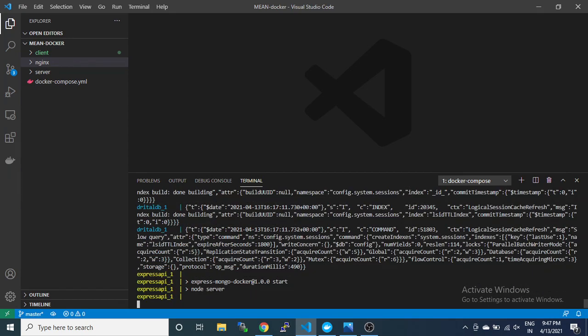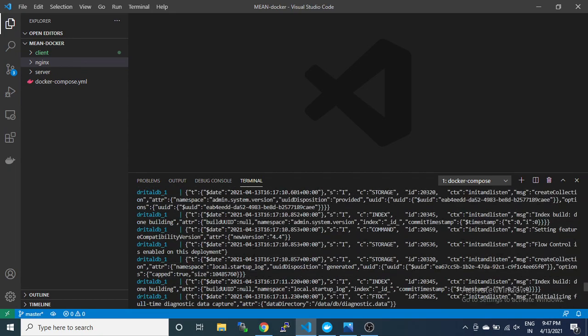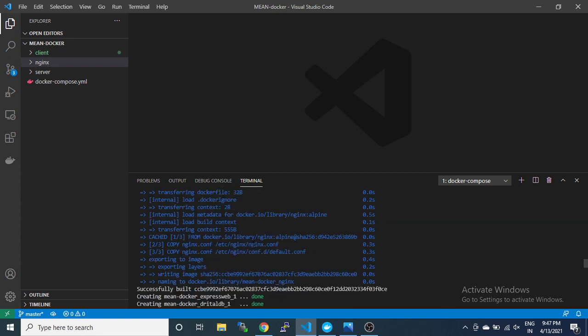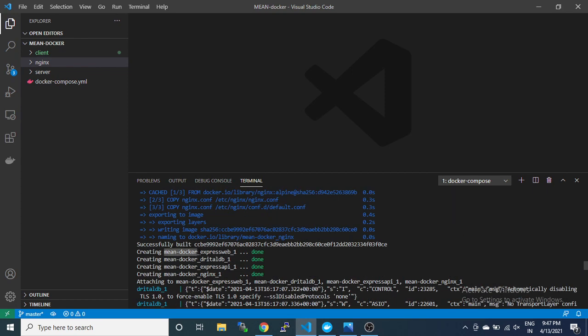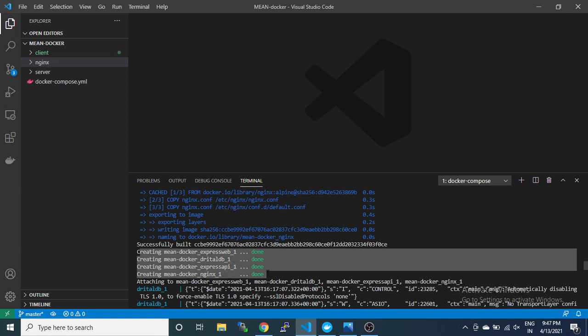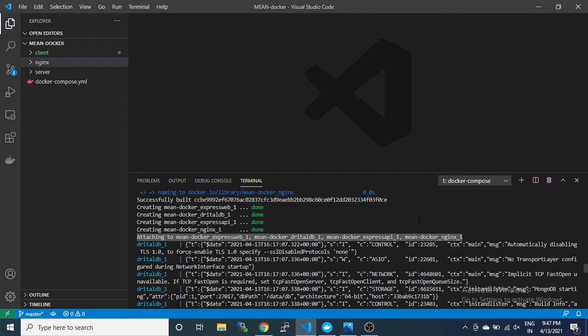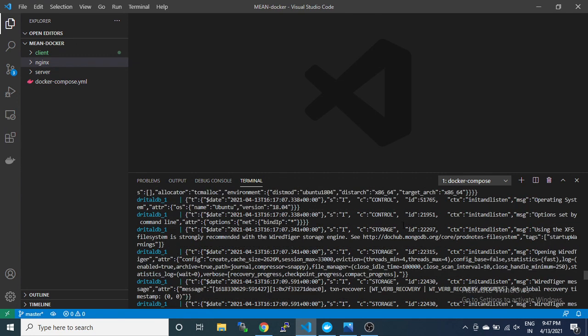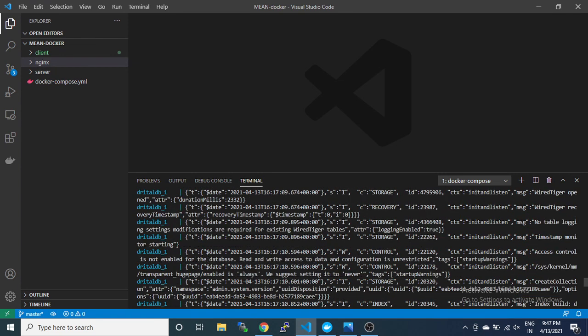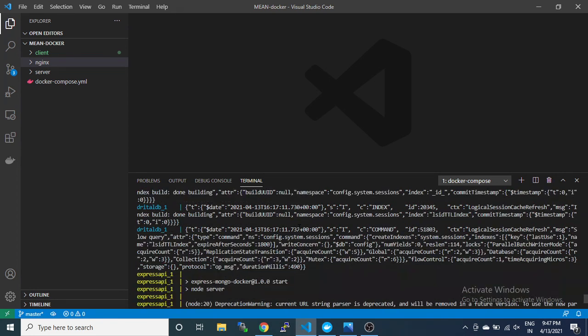You can see here in these steps that the docker express one is done, and the docker MySQL database is done. So all the containers have been created here, and then it is attaching them. The Docker Compose work starts here to attach all the connections and dependencies between them. So this is all the data it is returning.